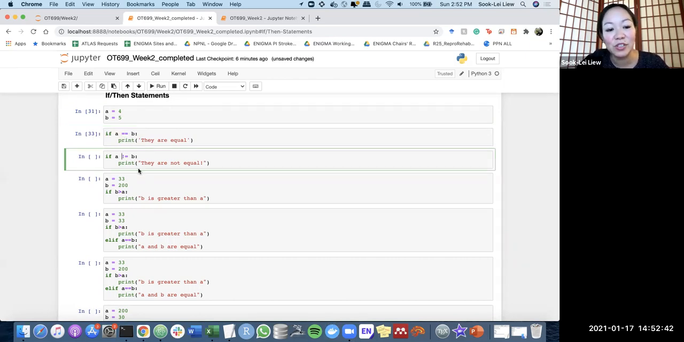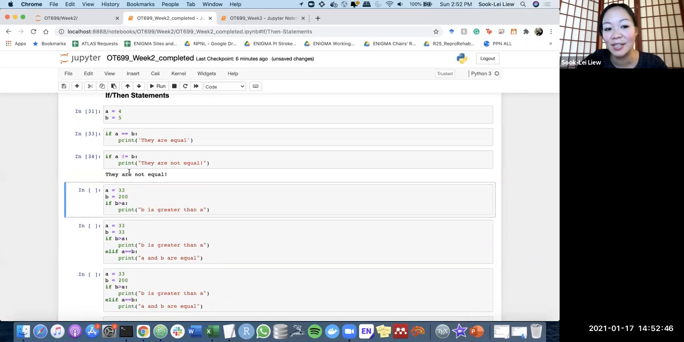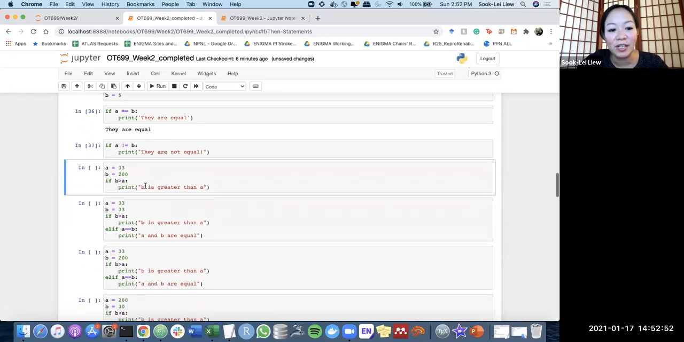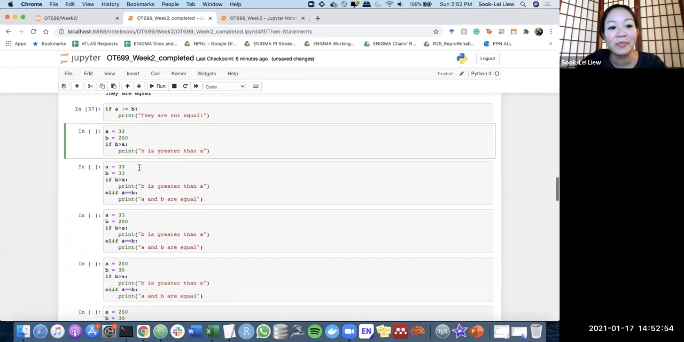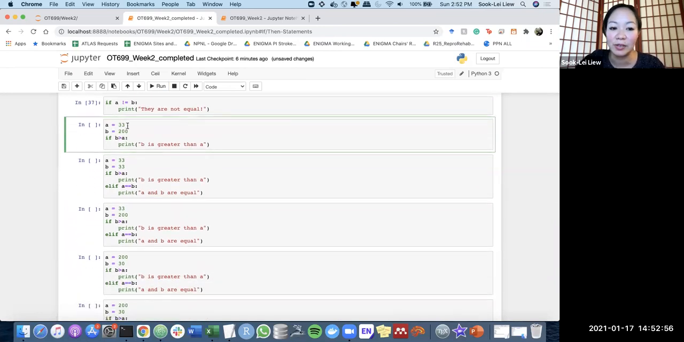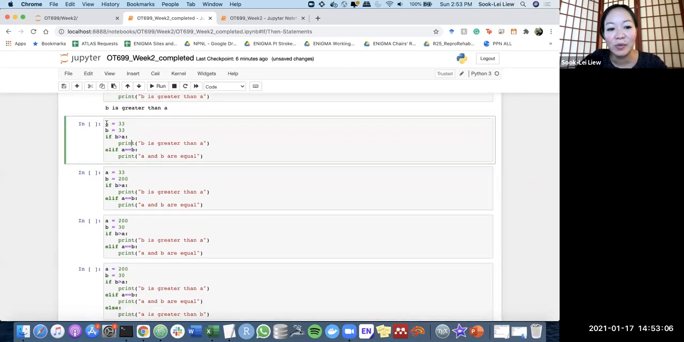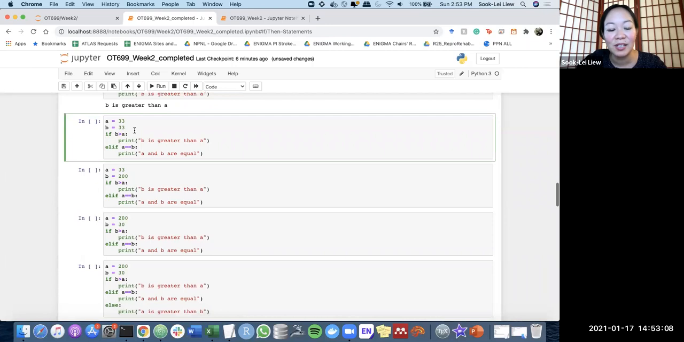However, this statement should be true because if A does not equal B, print they are not equal. And now they aren't equal. I'm going to set this back to 5 so that we can keep going. So nothing happens there. In this case, A equals 33 and B equals 200. If B is greater than A, print B is greater than A. So that's true. Here we set A and B both to 33, but we have the if and the elif